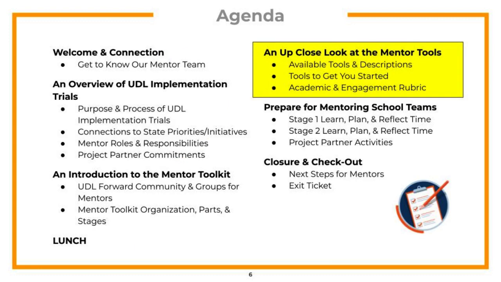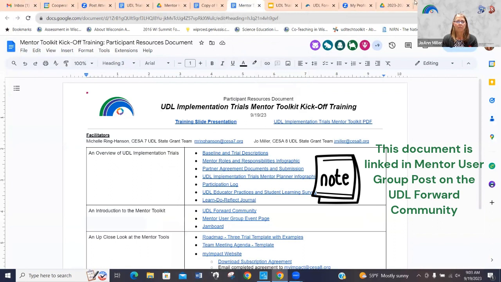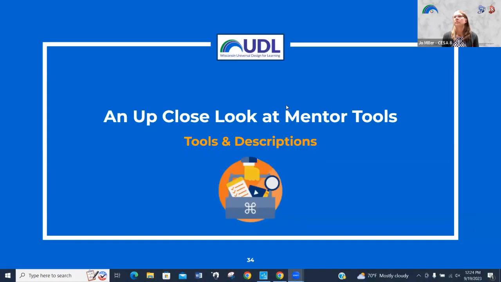This segment of the training is an overview of the Mentor Toolkit. You can access the materials referenced in this training with the Participant Resources document located in the Trial Mentors user group. You had some time to walk through the Mentor journal, your to-do list, some of your key learnings, but